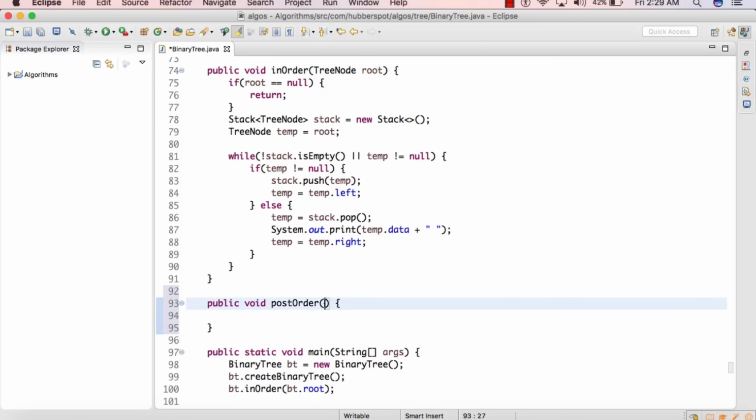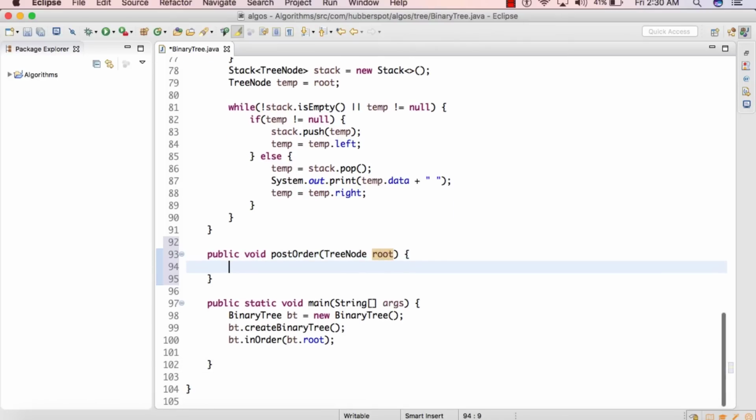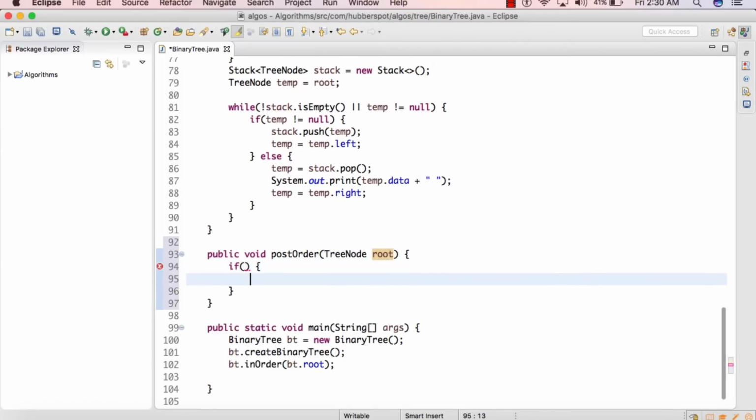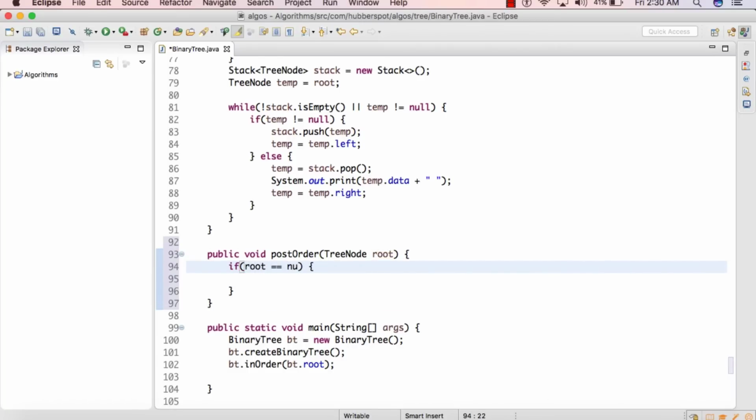So this method takes in a root which is of type TreeNode. So first we'll provide the base case, which is we will check whether root is equal to null or not. So if root is equal to null, then we'll simply return from this method. So this is nothing but the base case because we are calling this postOrder